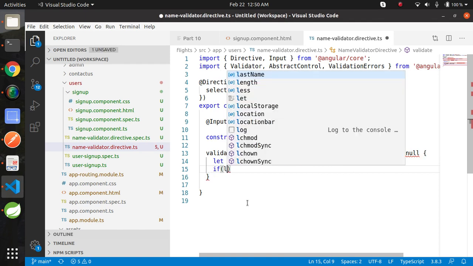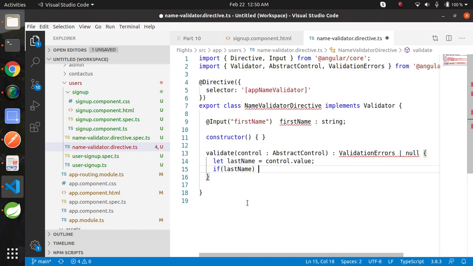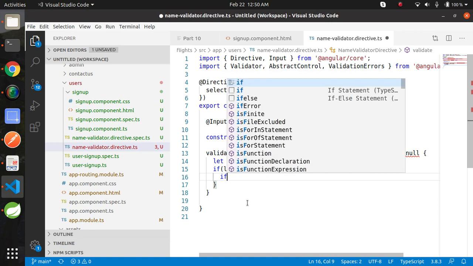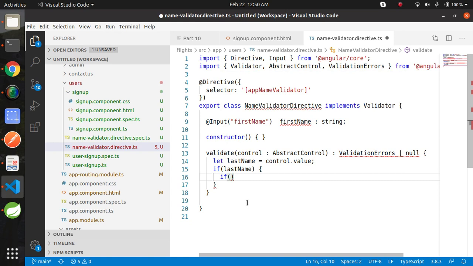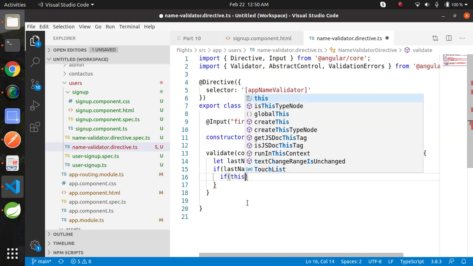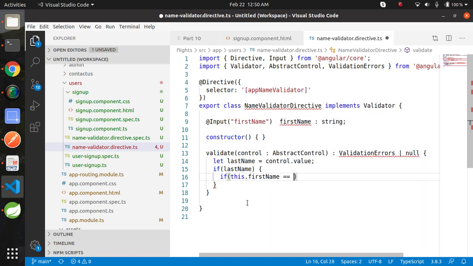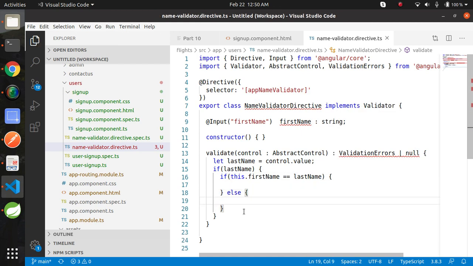If last name is valid, then we will call this. If this.firstName equals lastName, this means the field has an error.